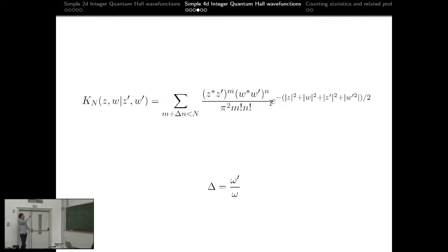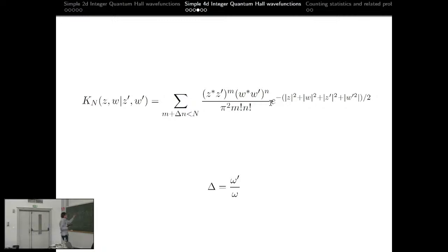The difference with before also is that N is not the particle number now, because the number of particles is determined by the number of ways in which you can do this. So if you want, the particle number is roughly proportional to N squared. And I want to look at the edge of this. So now it lives in 4D. And I think that's all I have for the slides, for now at least.